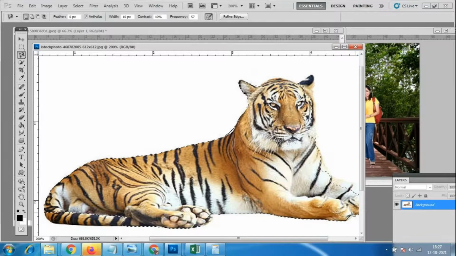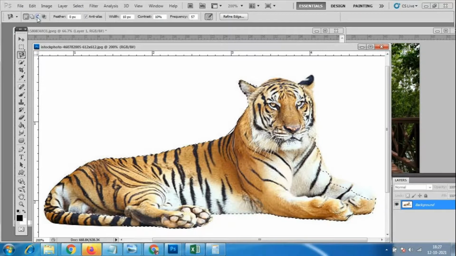Okay. Again, we have an option here: add to selection and delete selection. Otherwise, we can go to the polygonal lasso tool. We can select this polygonal lasso tool, and we again have add to selection and delete selection. Using add to selection, some of the things are missing over here. So what I'll do, I'll just go to here. It is better to use the polygonal lasso tool. It will be easy. Otherwise, we have to keep on making corrections with this. This is add to selection.